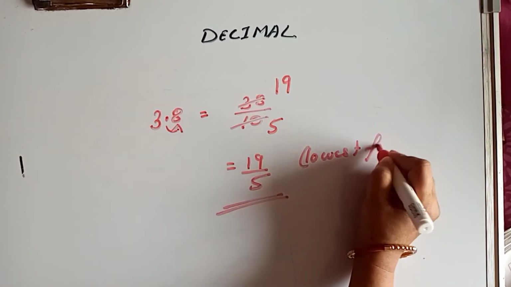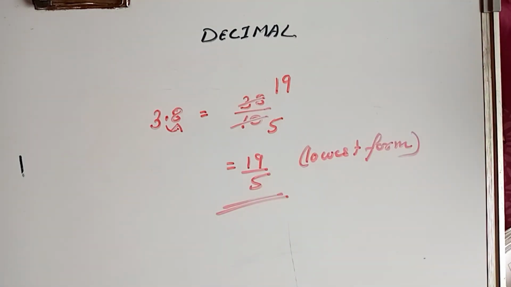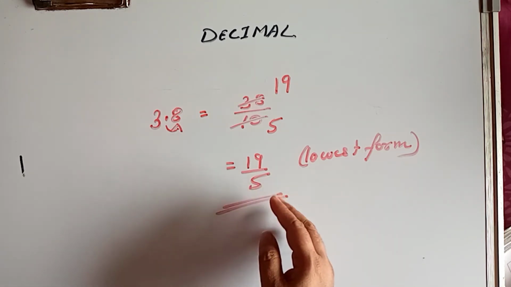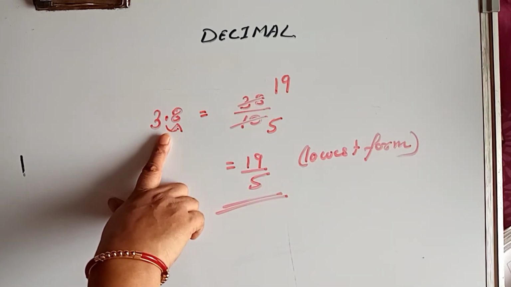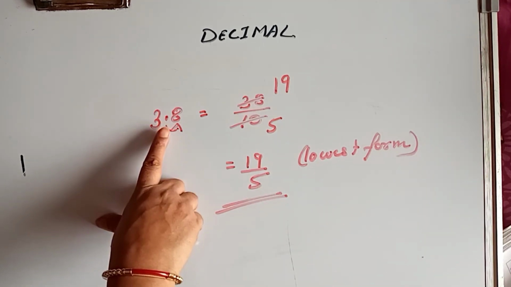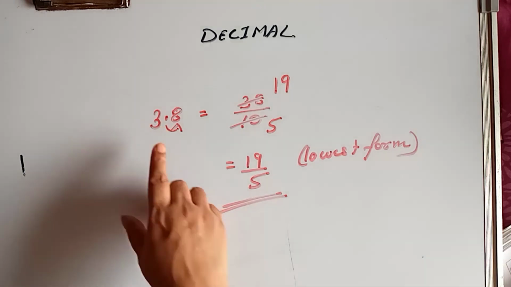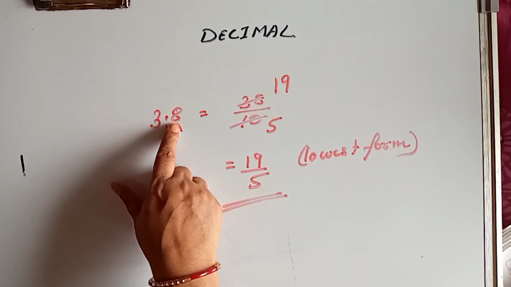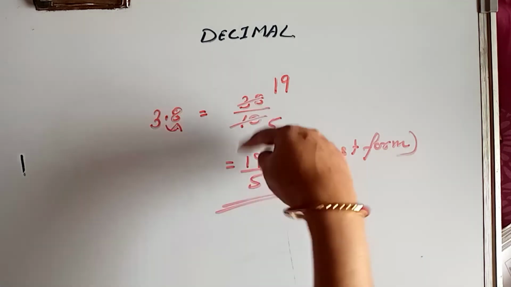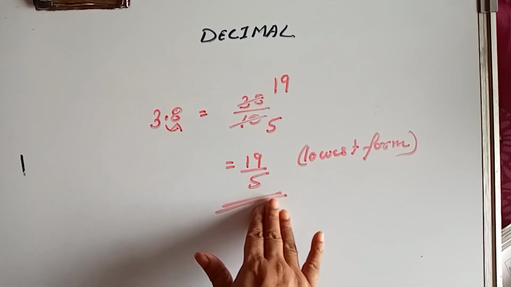When they ask you to convert this decimal into lowest form, याद रखना एक चीज कि it will always come in फ्रैक्शन फॉर्म. अगर इसको फिर से डिवाइड करेंगे, अगर हम 19 डिवाइडेड बाय 5 करने की कोशिश करेंगे, तो अगेन यू विल गेट द सेम 3.8. सो डोंट डू दैट. व्हेन दे आर आस्किंग यू टू कन्वर्ट दिस डेसिमल टू इट्स लोएस्ट फॉर्म, तो हमें सबसे पहले चीज करना है कि हमें ये डेसिमल को रिमूव करना है फ्रैक्शन में लाने के लिए. सो इफ आफ्टर डेसिमल वन डिजिट इज देयर, सो इट विल बी 38 by 10. अगर 2 डिजिट होता तो ये 100 हो जाता. ठीक है, उसके बाद आप कटिंग मेथड यूज करेंगे एंड दिस इज द लोएस्ट फॉर्म.